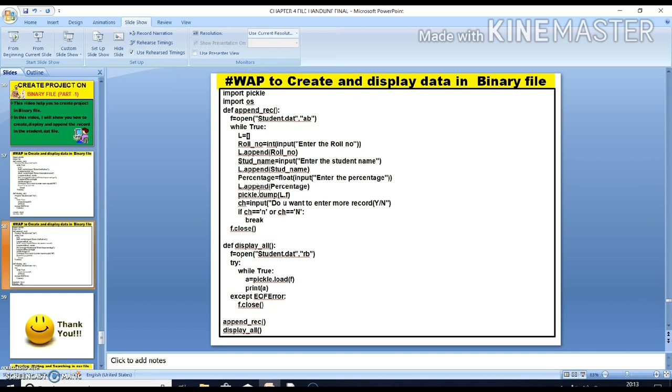in the student.dat file. Now I am going to tell you how to append the records in the binary file. Before this, I suggest you go through my previous video.